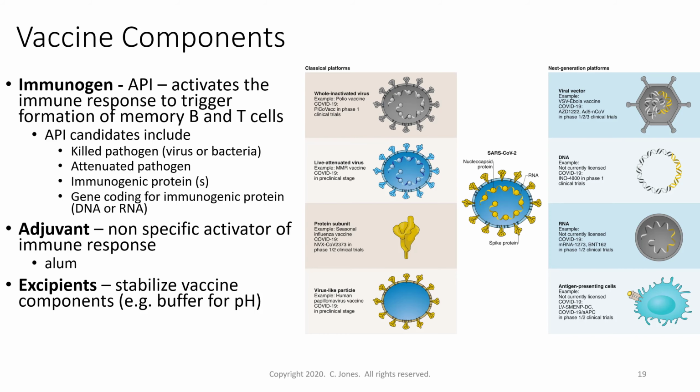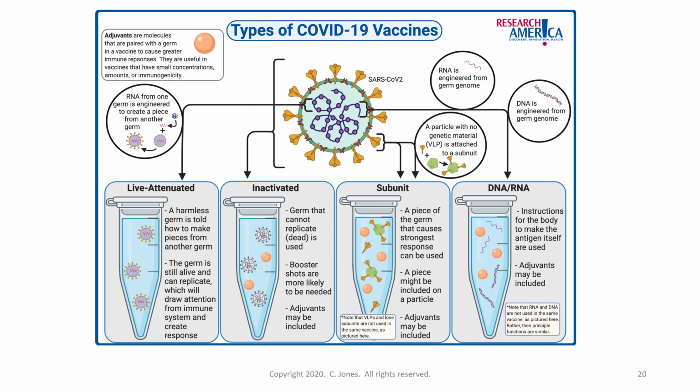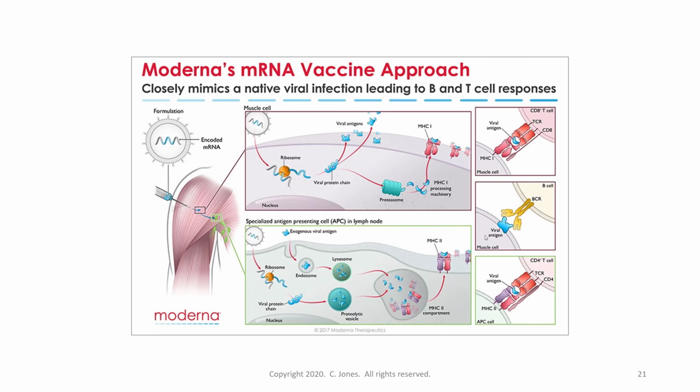But this is going to be really expensive. So COVID-19, these are the key types of vaccines that people are working on. Live attenuated. So we're taking the virus and we're manipulating it so it can replicate but not make you sick. Inactivated, we've just killed the virus, but it still has all the proteins on the surface. Subunit, we're just going to inject you with one or more of the viral proteins, or the DNA or RNA virus, and this is the Moderna approach.